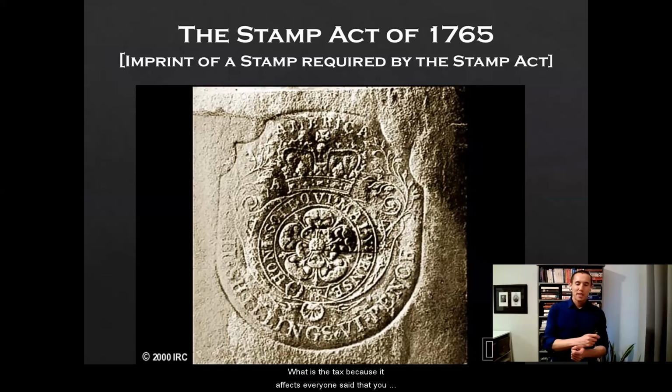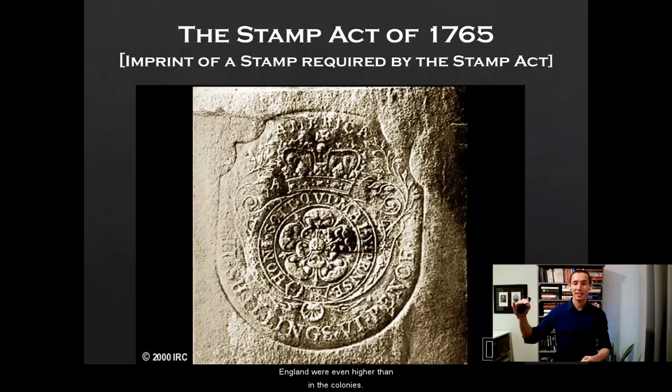And it's a tax because it affects everyone. It said that you had to have a special stamp from a British official on any paper product. So a deed, a will, newspapers, playing cards, everything. When the British passed the Stamp Act, it's the first tax, they already had a Stamp Act in England, and